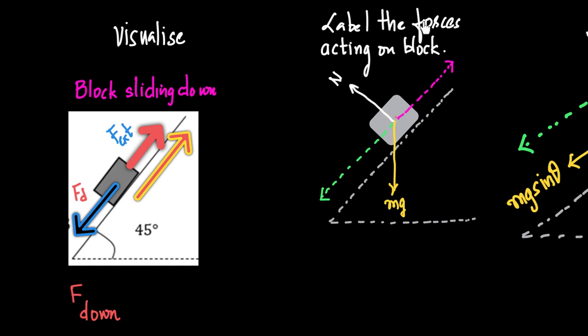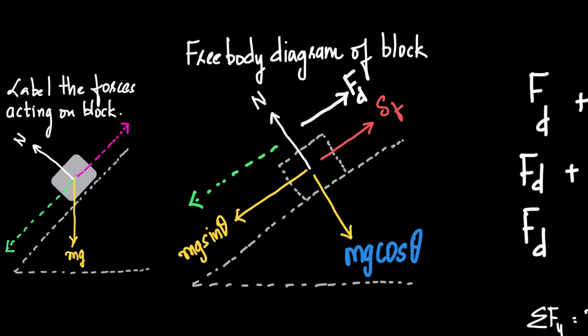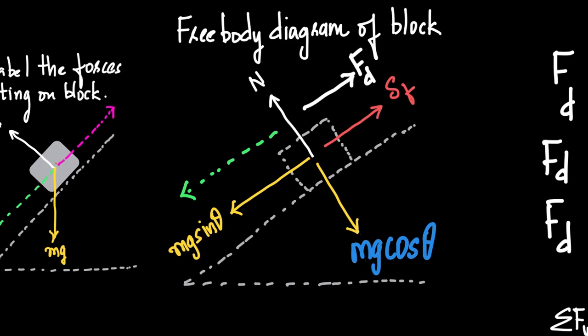Now, if you see the various forces acting on the block, the first force is always the force of gravitation, which results in the weight, right? And then we have the force acting downwards and friction opposing it, and the normal reaction, which is perpendicular to the surface, which in this case is the inclined plane. Now let us draw the free body diagram. So when we draw the free body diagram,